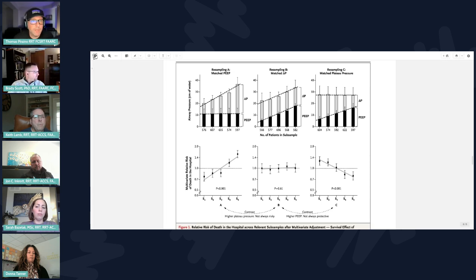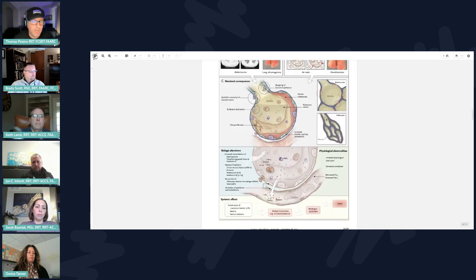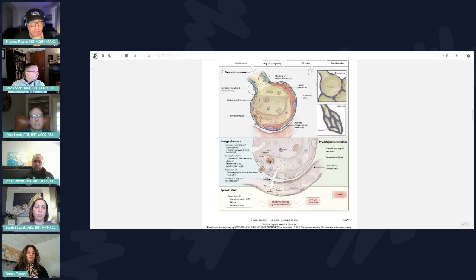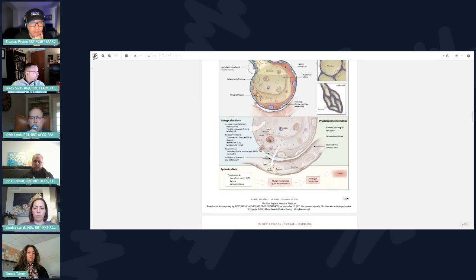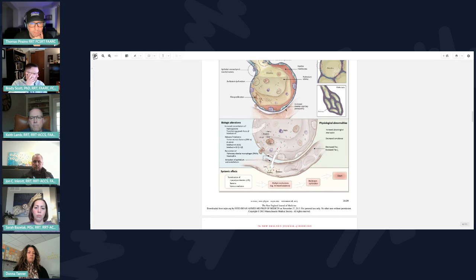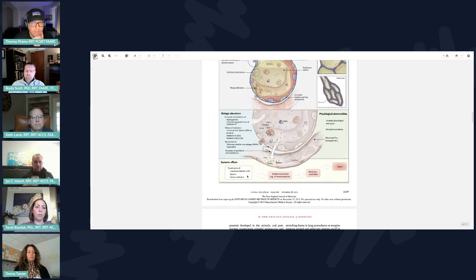I'm going to queue up this study here. This paper by Art Slutsky and Marco Ranieri in New England Journal of Medicine in 2013 really talks about a lot of the underlying effects and how they result in multi-organ dysfunction. So again, coming from the lungs, there are these biological alterations, release of mediators, translocation of bacteria, etc. There are multiple mechanisms that are all linked back to the fact that the ventilator can cause injury. And I'll put a link to this paper in the chat as I normally do.